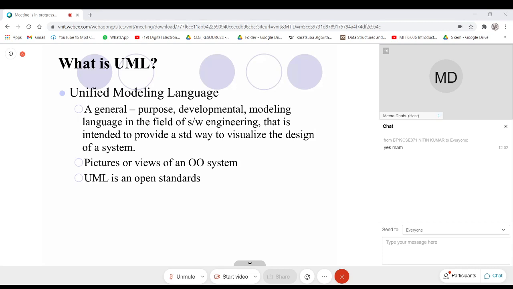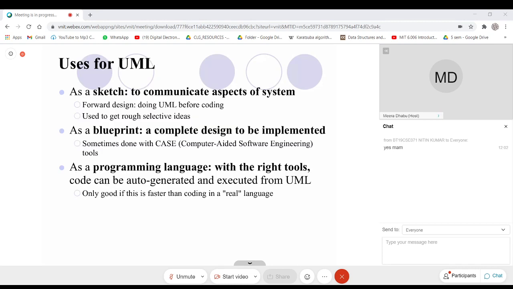This UML is used as a sketch to communicate aspects of a system. There are two ways: forward design, doing UML before coding. We will be following forward design, that is doing UML before coding.